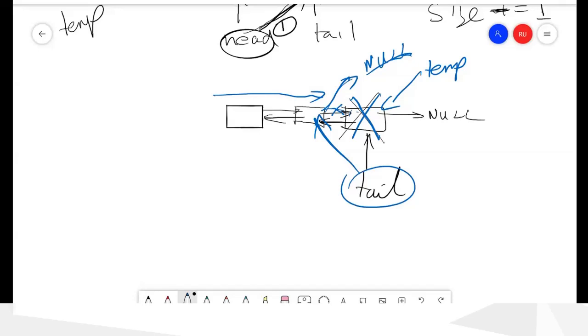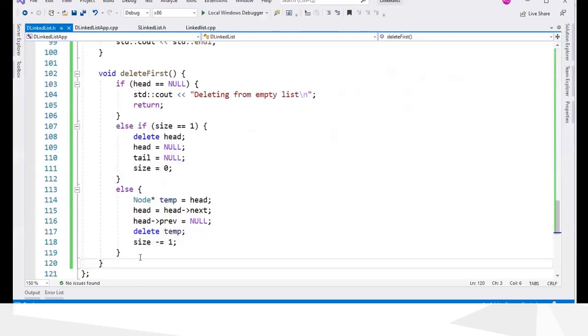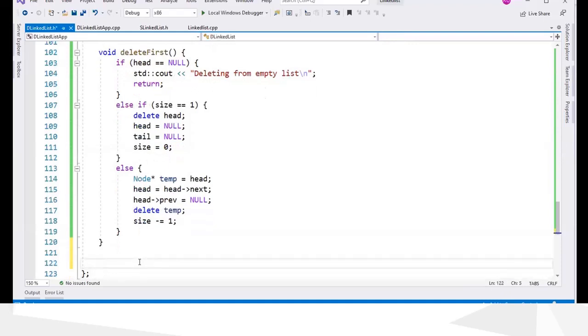Okay, so I will write that one as well. So void delete last.